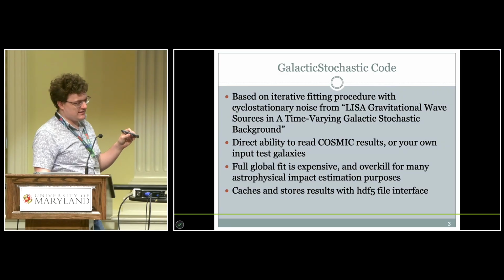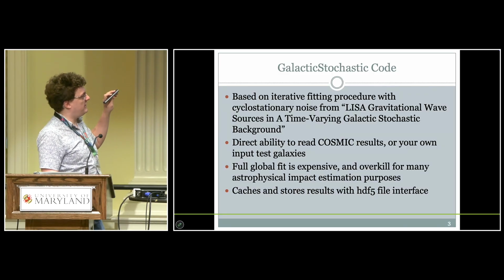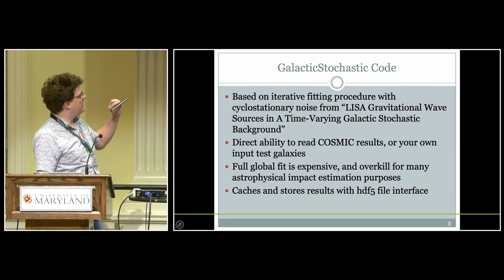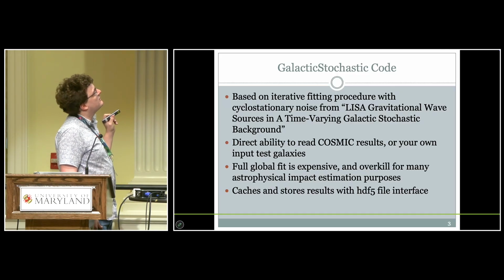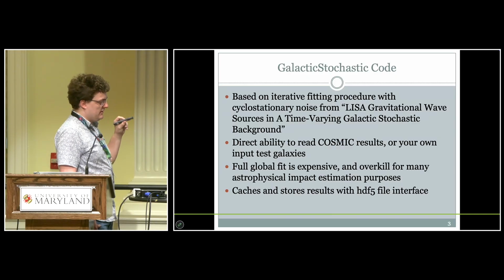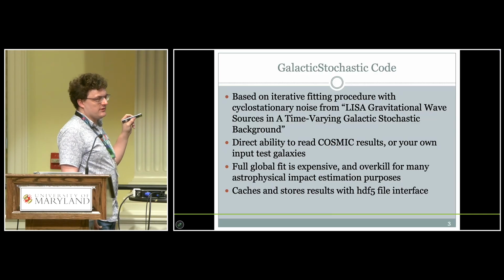It takes the paper that we had a couple years ago and turns its methodology into something that has a publicly reasonably usable API, as well as HDF5 file storage in a way that can produce traceable results